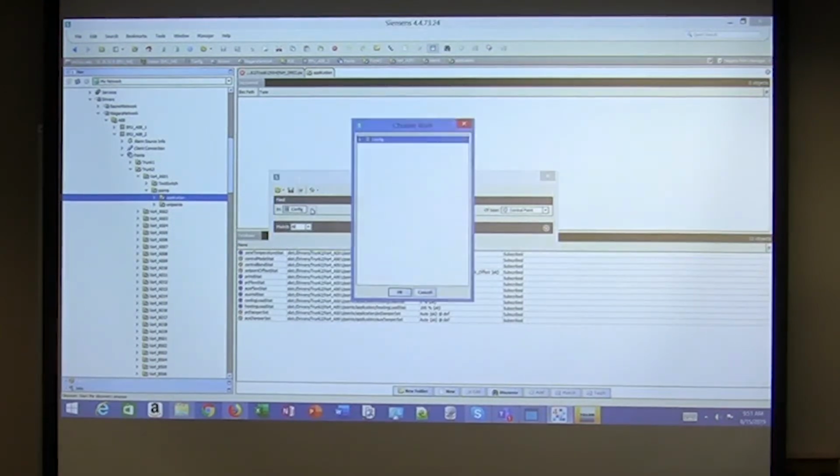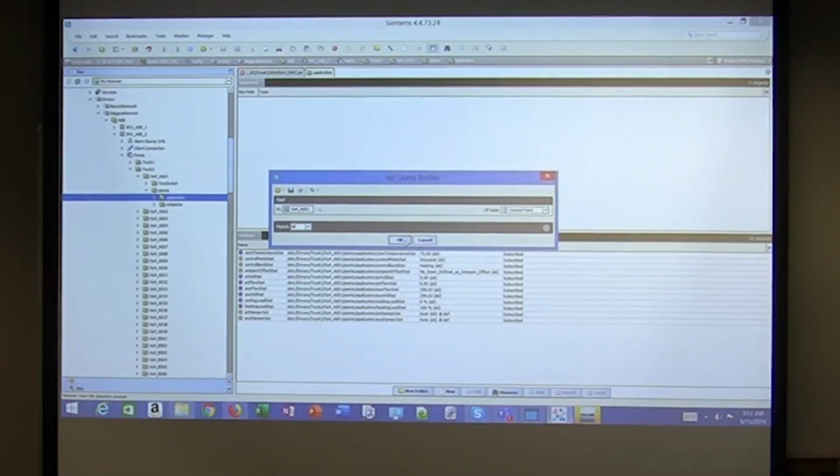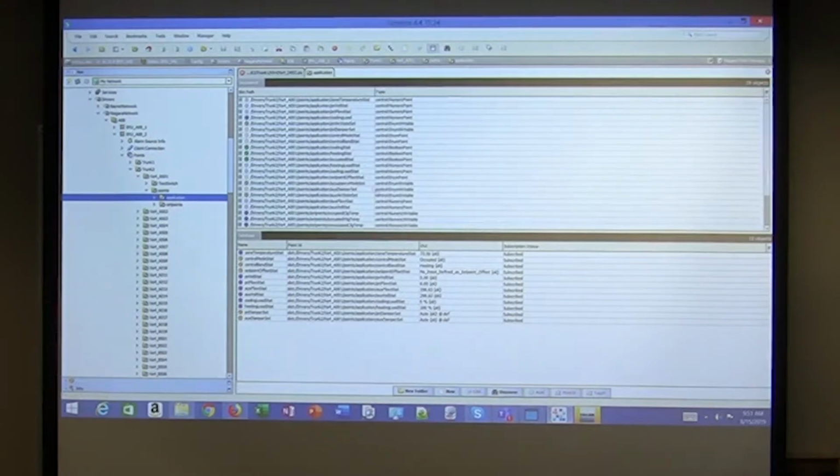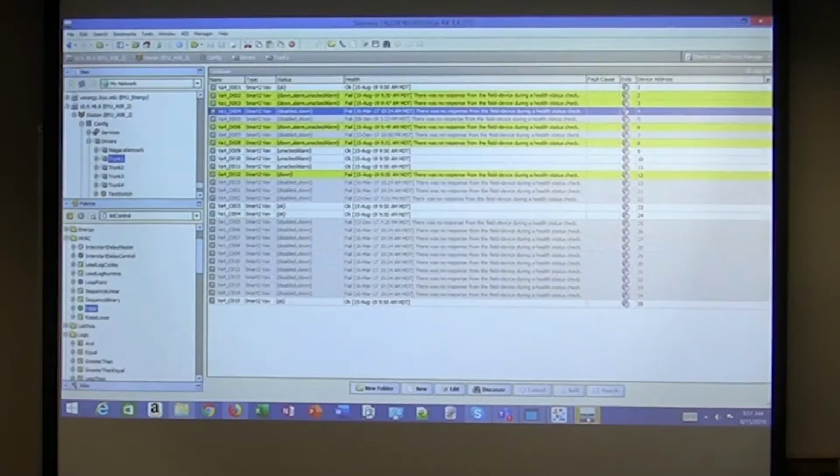So they've had to come in here and search down through the database and go to the controller that they wanted to look at. Win A1, yeah. And then when I hit OK, it finds all the properties that are inside that device. And then I can take those properties and add them to my supervisor station and then use those for graphics and things like that. Okay? So let's look at the JACE itself a little bit more. So this guy's coming in and out just because we've got some noisy trunks. If I tunnel down into a controller